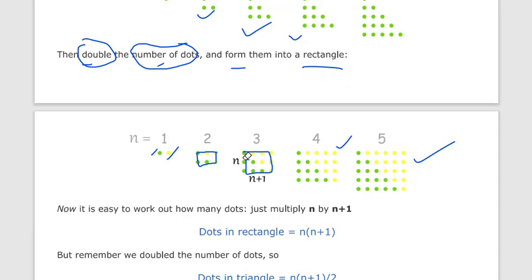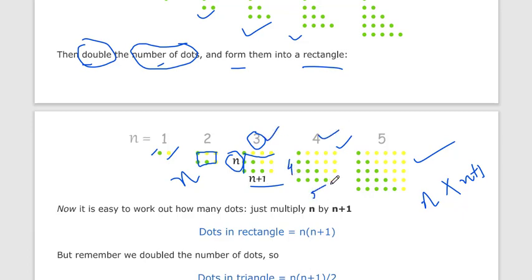Now here you can see the rows and columns. How many rows are there? 3. So in the third term we have 3 rows, so we can say that it is n rows. And the number of columns is 4, so we can say n plus 1. So we now have a rectangle of n by n plus 1. This is the third term; the fourth term has 4 rows and 5 columns. In the fifth term we have 5 rows and 6 columns.